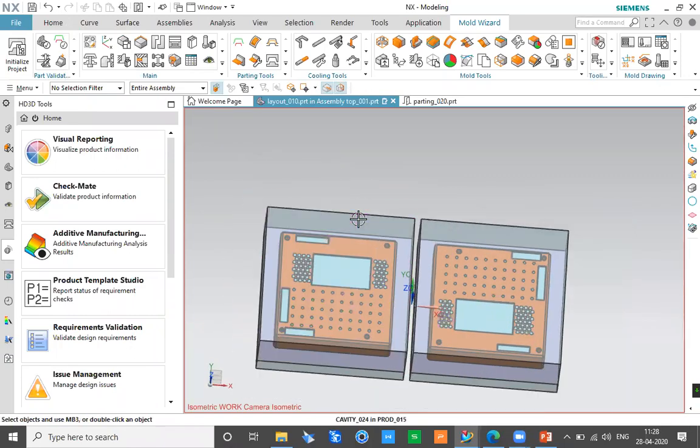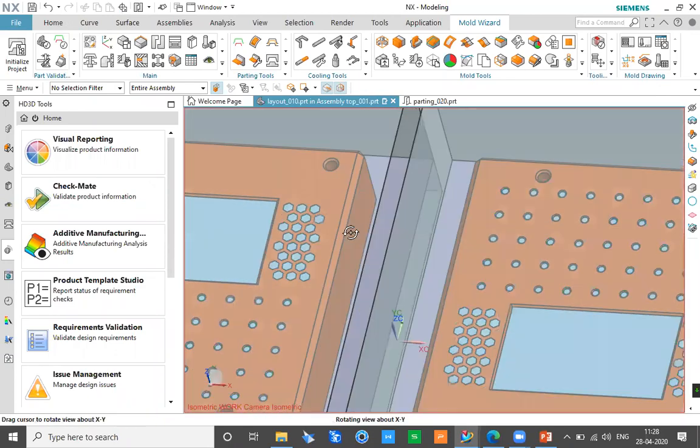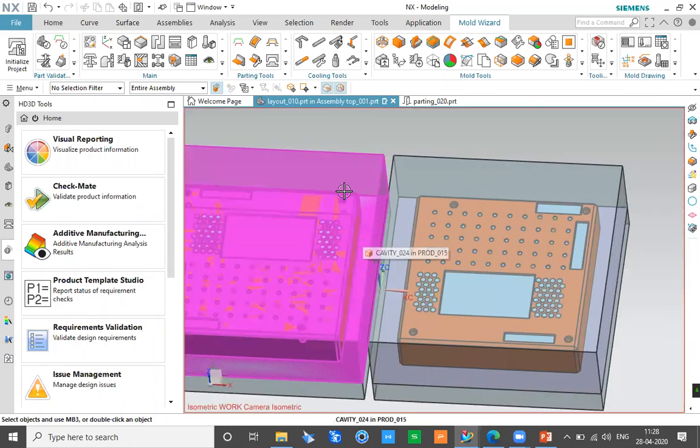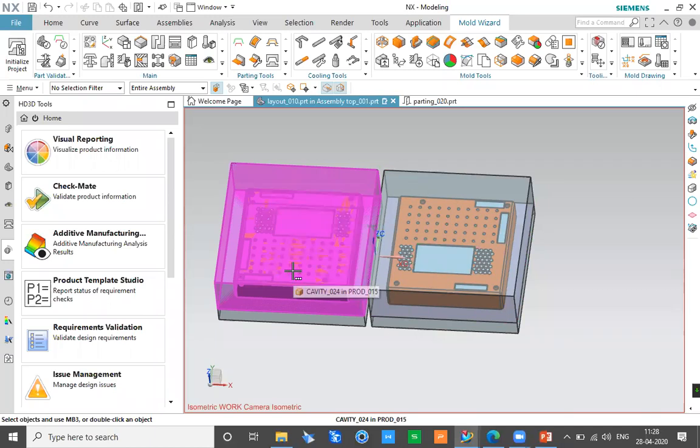You can change the number of cavities anytime, and even after creating the mold you can change it. The only thing you have to redo is your runner and other basic information of this product. You have to redo that information if you change the number of core and cavities, and even the mold base size needs to be modified. But the best part is that ejector pins and other information which are common for all the cavities need not be modified again. For example, you have already defined one ejector pin here, so you don't have to define one more on the other side. So it's really nice about this software in that area.